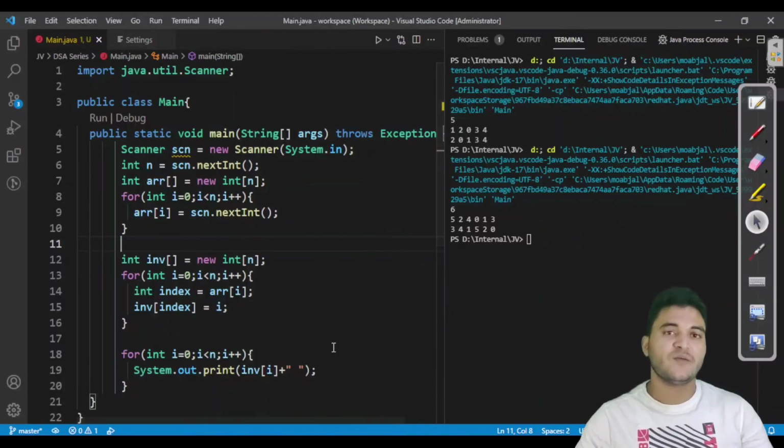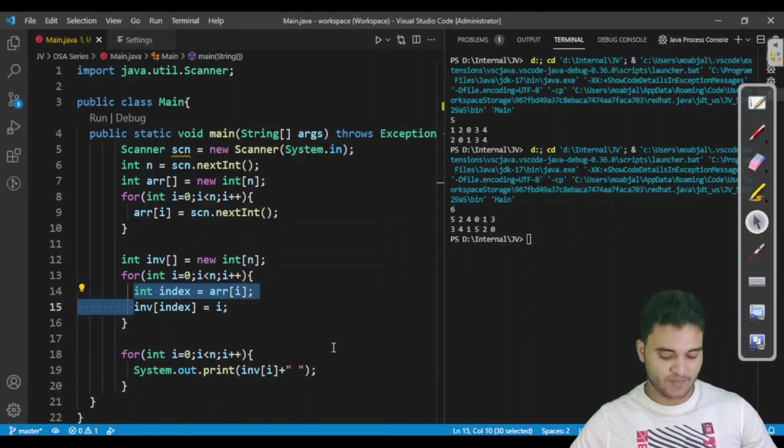And I know this program is a little bit tricky. Many people find this complicated, but the logic is just in this particular line. If it is not getting into your mind, then my highly recommended advice is that you iterate this video either 2 or 3 times, because I have seen people who were not able to understand this problem, and then they re-watched the explanation and got the logic. So this is the recommendation from my side. If it is confusing to you, then you can reiterate the video. So that's it for this particular problem of inverse of an array.